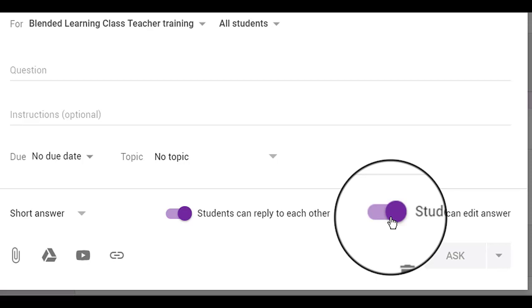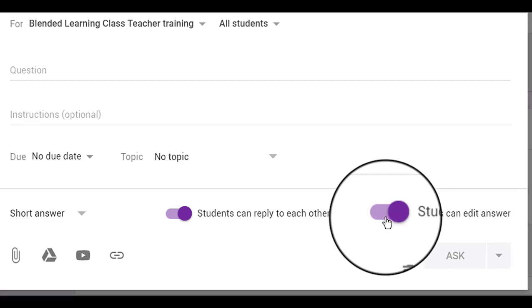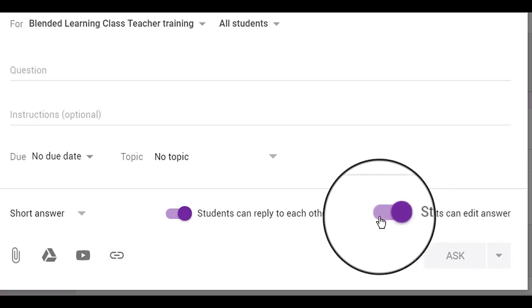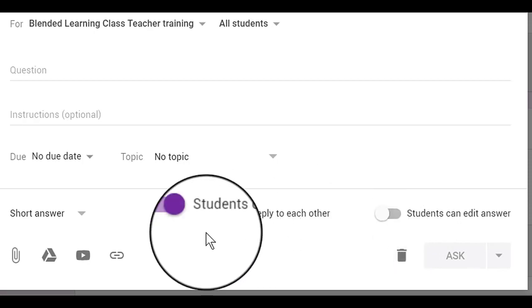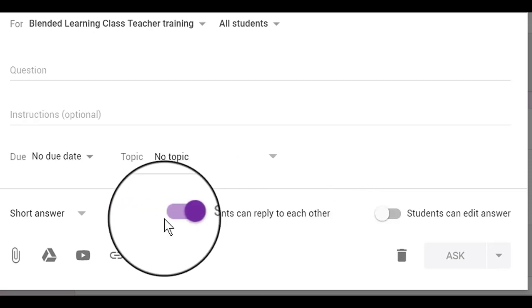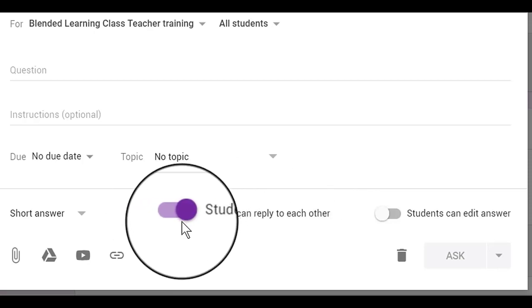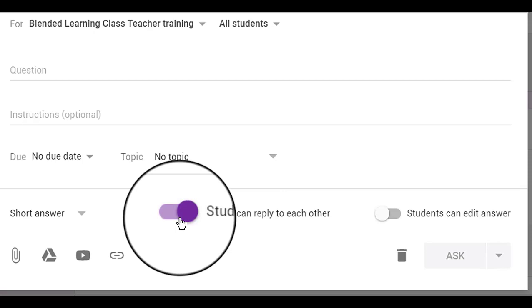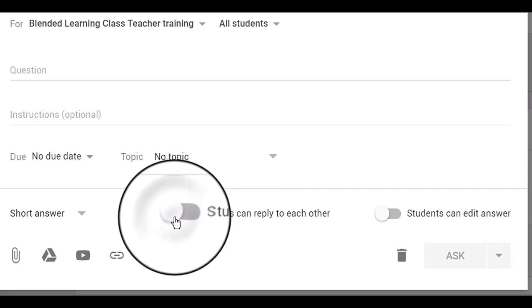Fine, depends on what you're trying to assess. So if you want them to edit their answers, you enable this button. If you don't want it, you disable it. Students can reply to each other. You want it to be an interactive kind of quiz where they do much more discussion about the question you asked. So you could enable it or